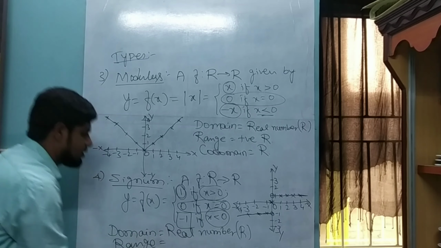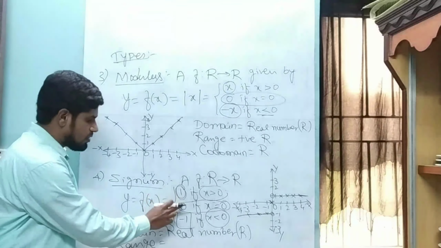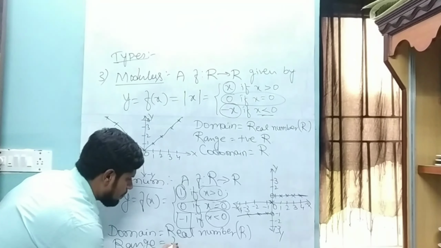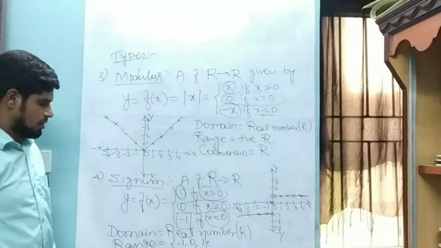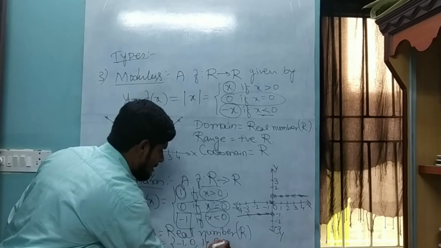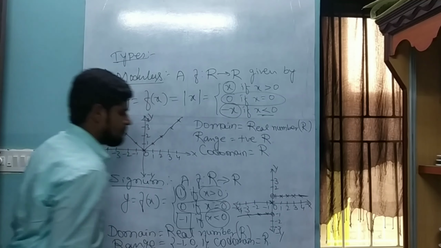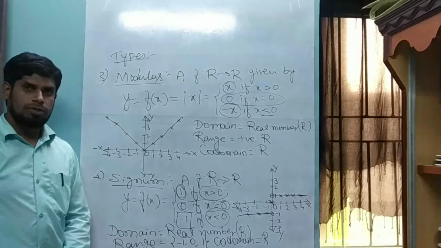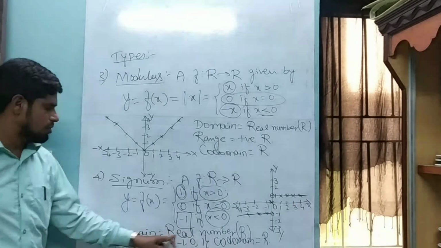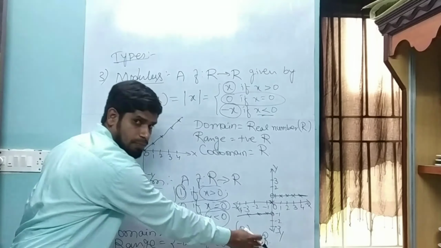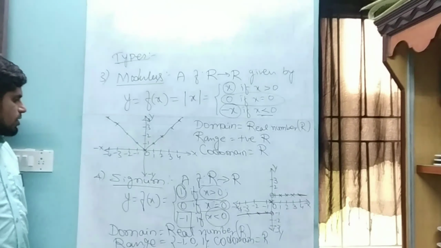Then what is the range here? Very important. Range. There are only 3 answers as I said: 1, 0, -1. So its range is {-1, 0, 1}. This is the range here. Obviously, what is the codomain? Codomain is real numbers, any real number, not only positive. Domain is also any real number. So this is about the signum function.